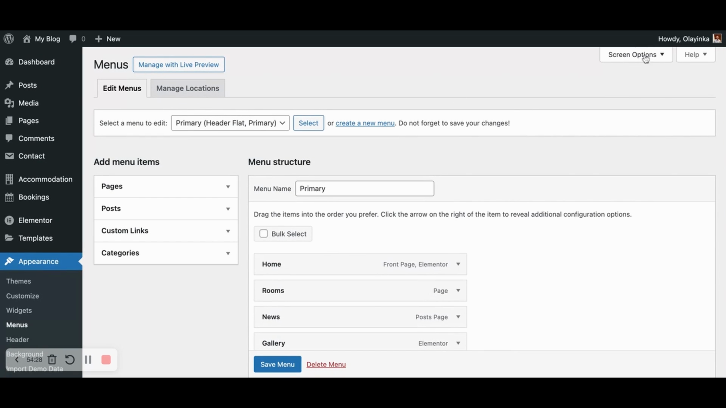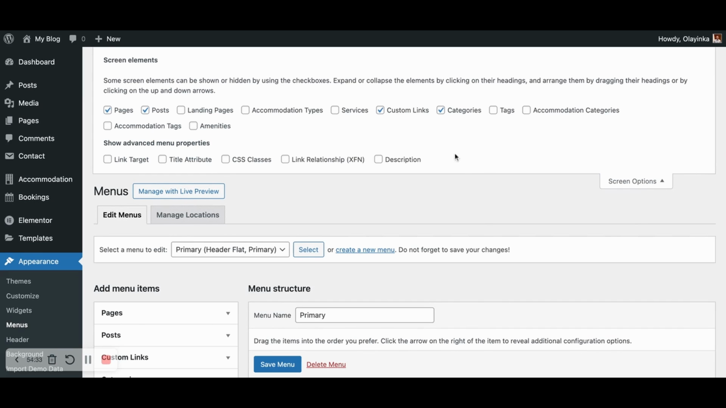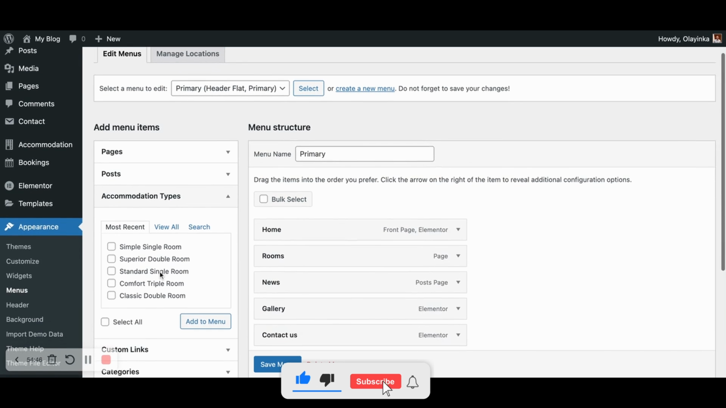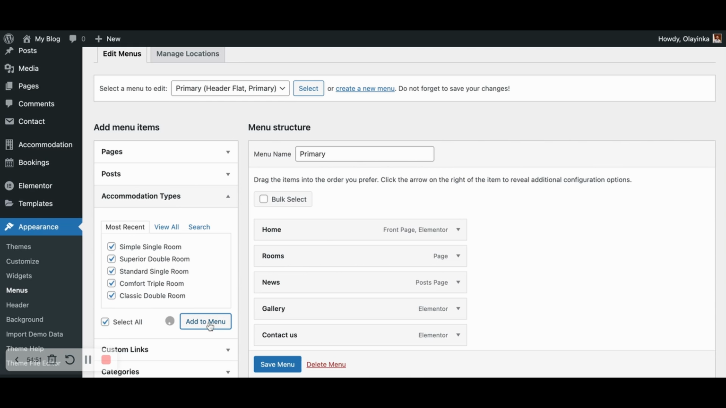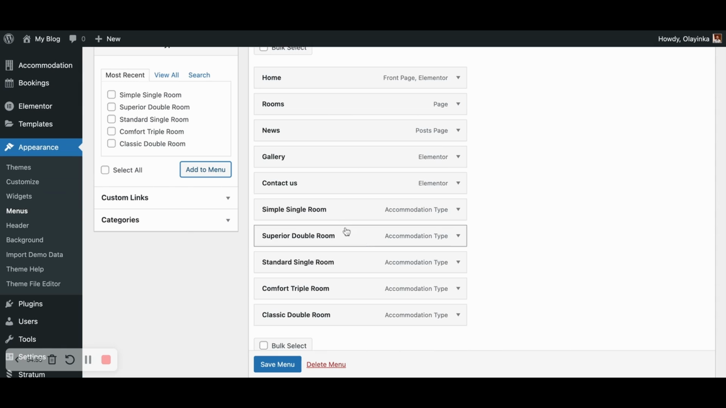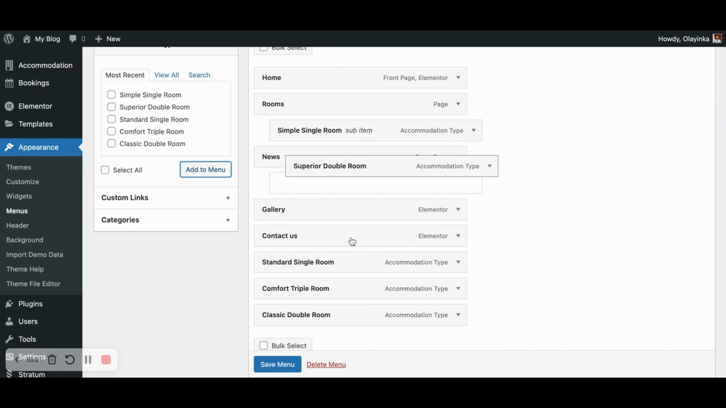Good. Now we need to have a drop down under this rooms, but on this list we don't have our accommodation there. So how do we add them? You just come up here, you should see screen option, click on it, it will show you a drop down, then we just click on accommodation type. Once we click on accommodation type, it will be added to the menu items. So close it and then come down here to menu items, we'll just select everything and then click on add